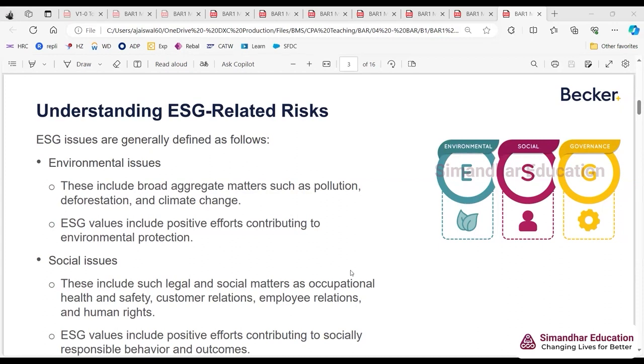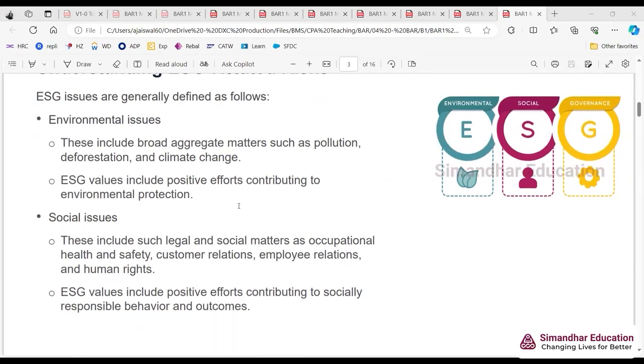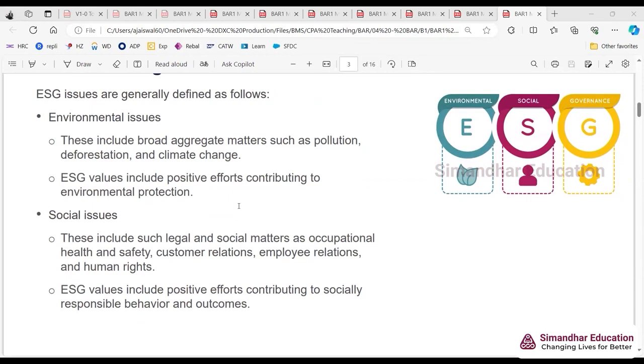So basically pollution, deforestation, climate change, etc. will be there in this ESG. Okay, then social issues are also there, that is, how they are taking care of the employees, right? So Amazon is harping a lot about employee safety, employee welfare, etc. Why are they harping so much about employee safety? You know, because Amazon is one of the worst companies in the entire world for employees.